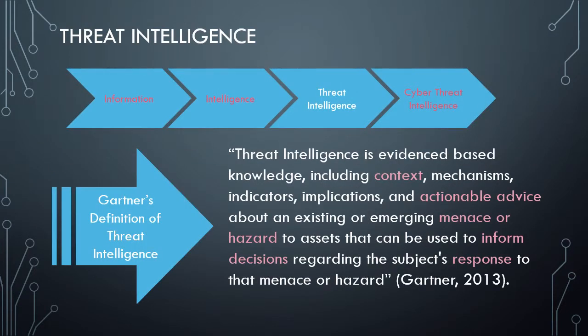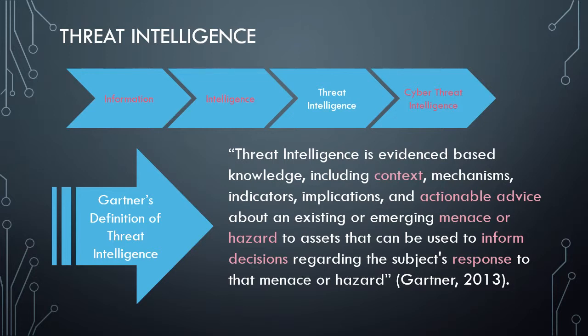Let's start with some key terminology. Before we get to a CTIP, we need to understand what cyber threat intelligence is. And before we can discuss that, we have to start at the very beginning with information. So information is data, and data is everywhere. You can garner it from many different means, but the problem with information is it has no context. So while there is a tremendous amount of information available to us, it's essentially meaningless without context.